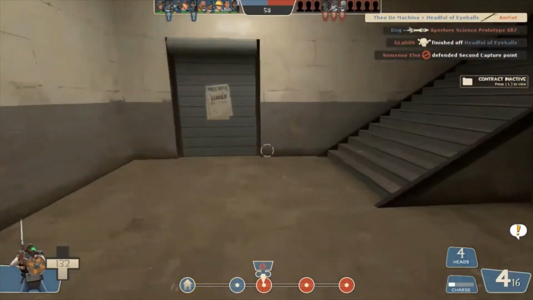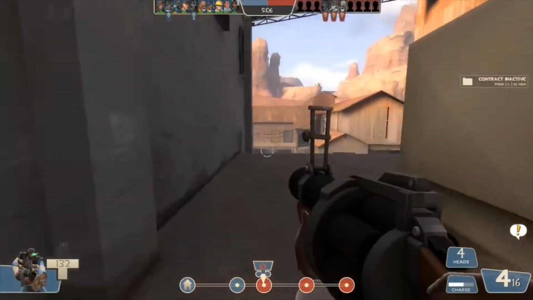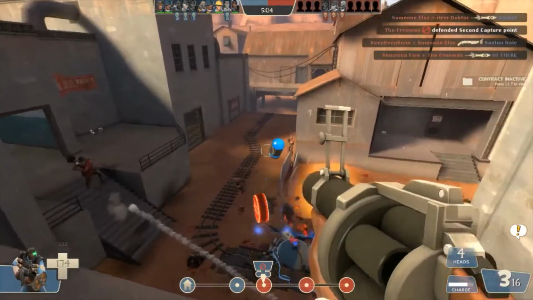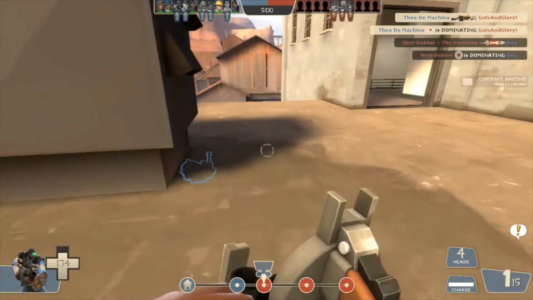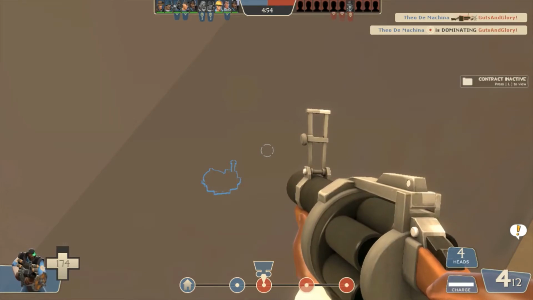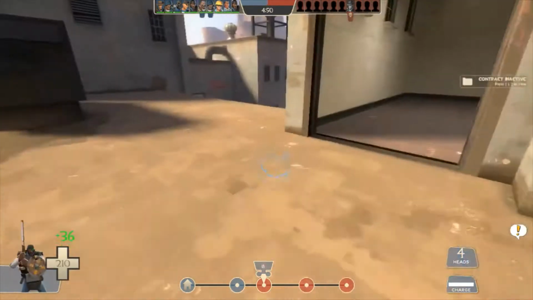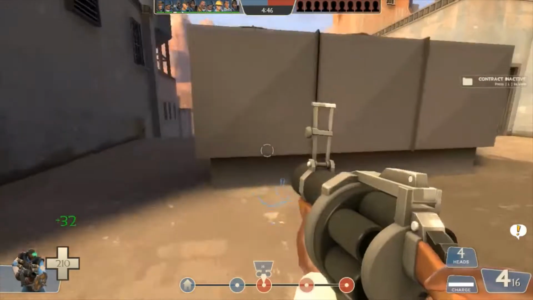Ooh, that one was kind of like a cheeky little charge there. Some more health back. So upper right hand corner, Theo de Machina, and then there's that red one. That means it was a critical shot, which means it's got bonus damage, a little bit bigger explosive range, and then I'm dominating him, which means I've killed him 3 times without dying, and that gives me just a little bit more,